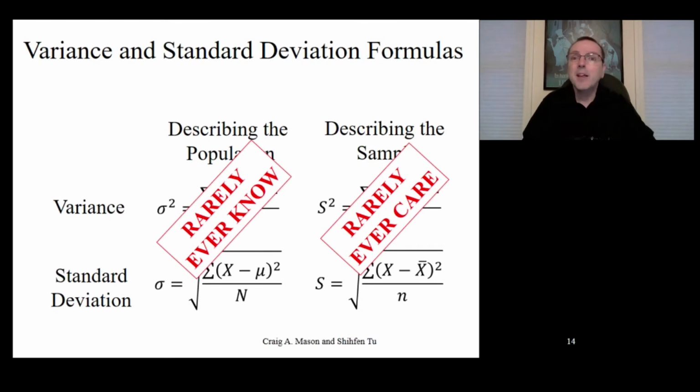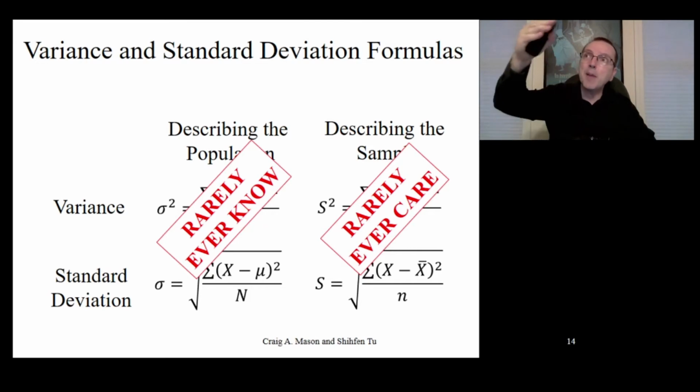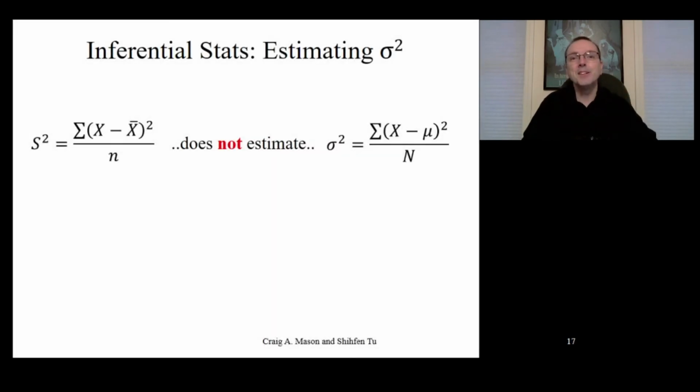All right, now, this isn't a new idea. We've previously noted the difference between descriptive and inferential statistics, right? Descriptive statistics describe our sample. Inferential statistics are used to make inferences about that population. Okay? Now, with this transition, we've gotten to the point where we are going to leave descriptive statistics behind and jump into inferential statistics with both feet. There is no going back now. So let's start by focusing on the variance.